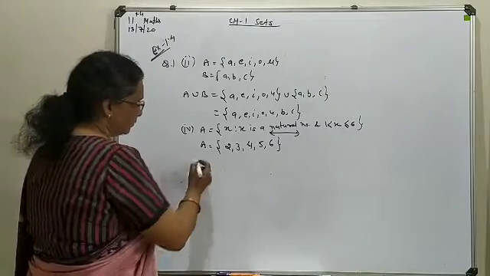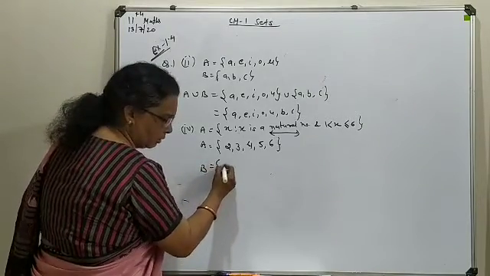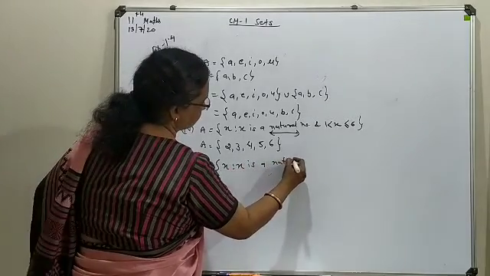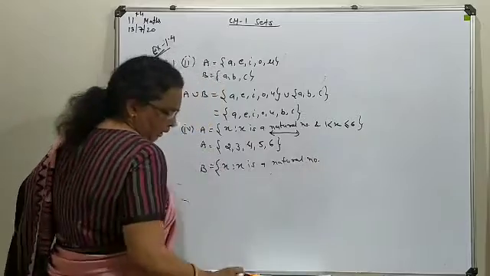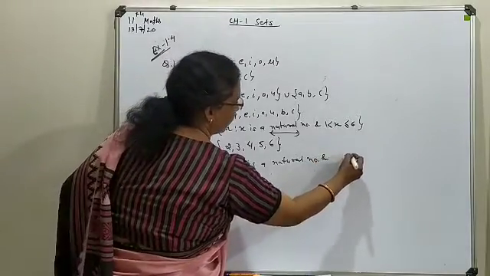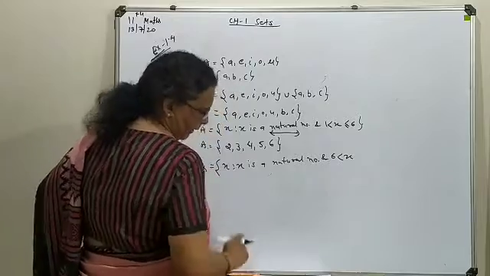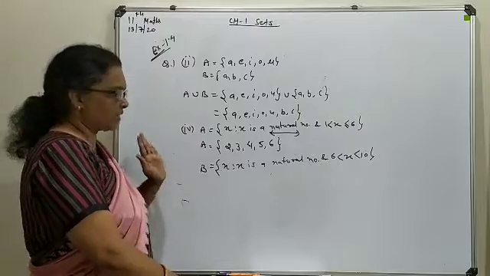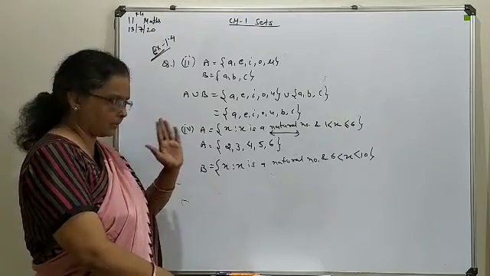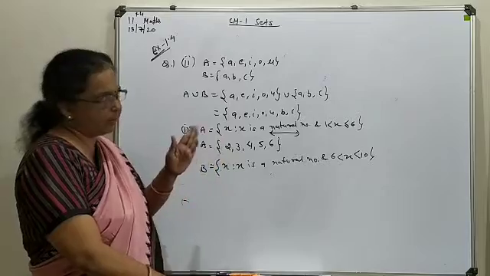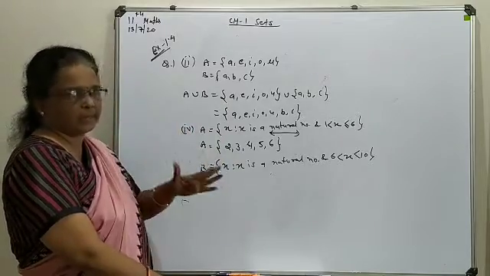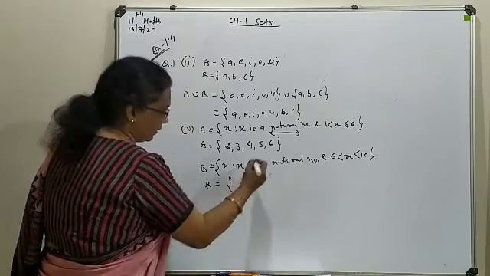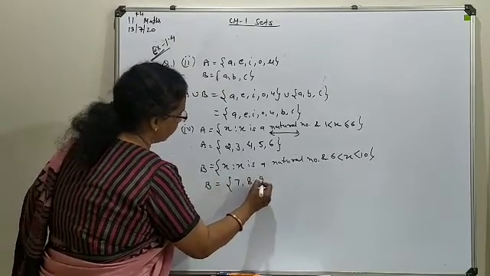Now move to set B, in which X is a natural number. How is it to be selected? X is greater than 6 and less than 10. This means we start selecting elements from 7 and end before 10. So 7, 8 and 9. You will have 3 elements in set B, that is 7, 8 and 9.